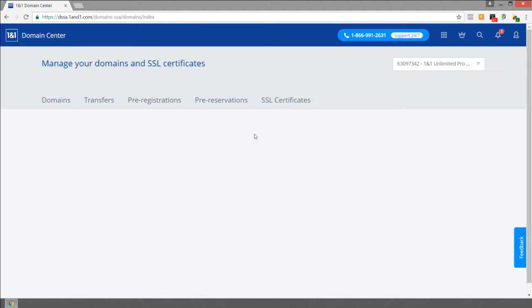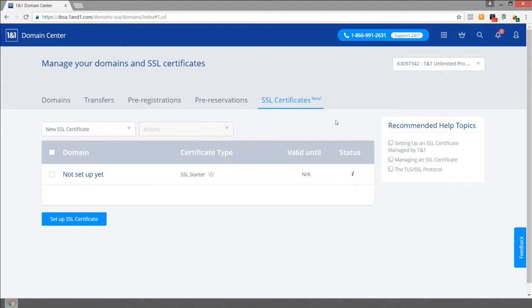section of the screen. It might take a second to load the first time, so you might see a gray screen for a few seconds. Because we only have one SSL certificate available in this account, you should see one row. In the first column, you should have the domain name that is connected to that SSL certificate. In this case, we don't have a domain connected, so we want to click on this checkbox, and you can